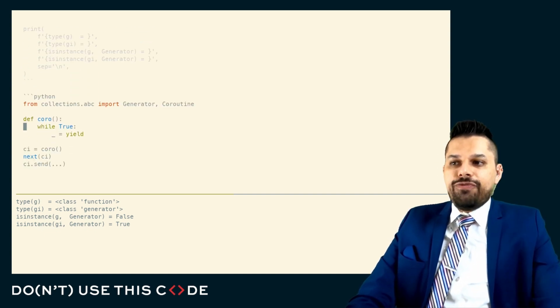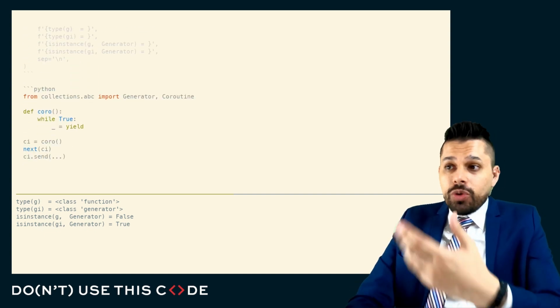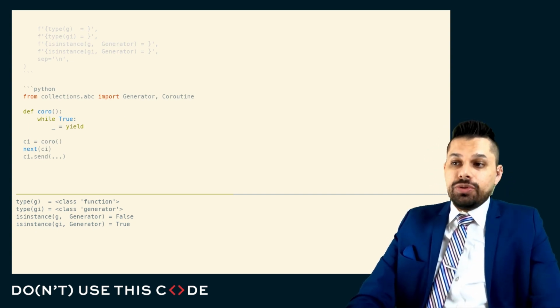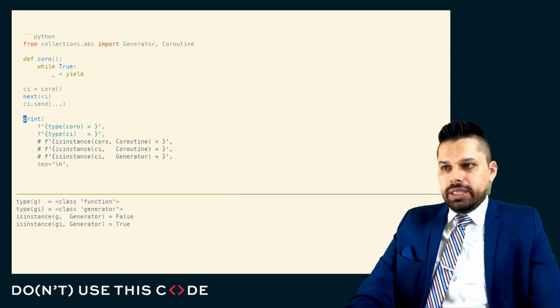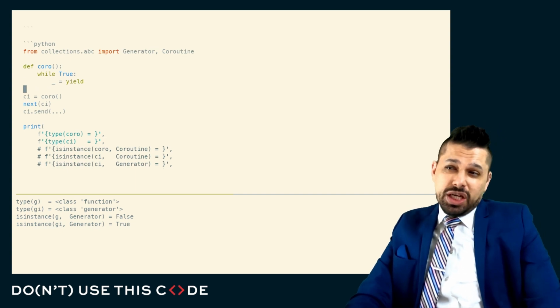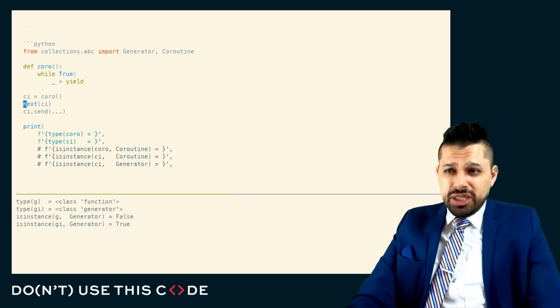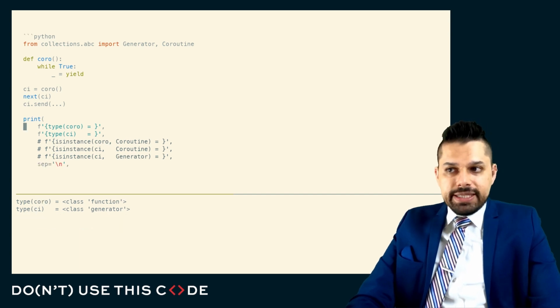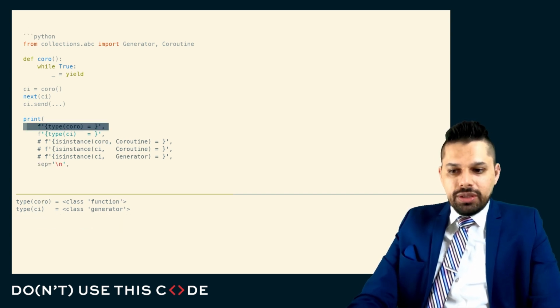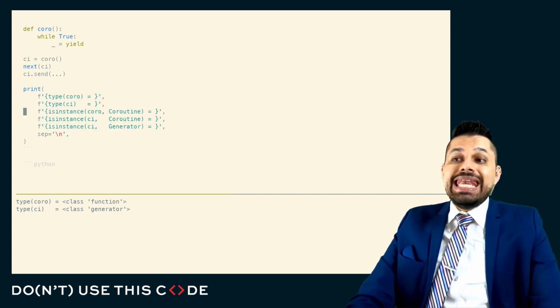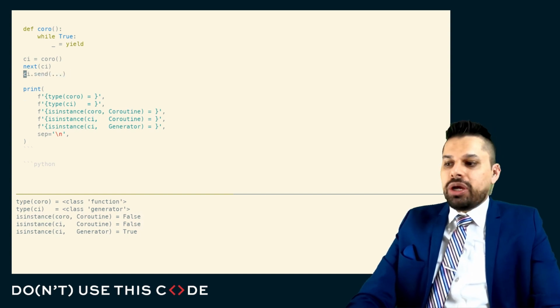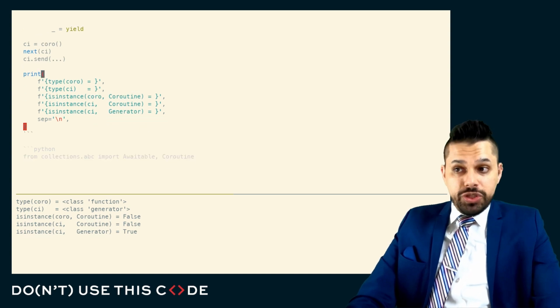And if we go a little bit further and we think about not just generators, but coroutines, things which we can send input back into, we might say, well, clearly, this is maybe a function and this is a coroutine instance, or this is a coroutine. Typically, we call this a coroutine and we call this a coroutine instance. But Python again says this is a function and this is a generator, and neither of these are coroutines. It's only this latter one, what we call a generator instance, that is a generator object.